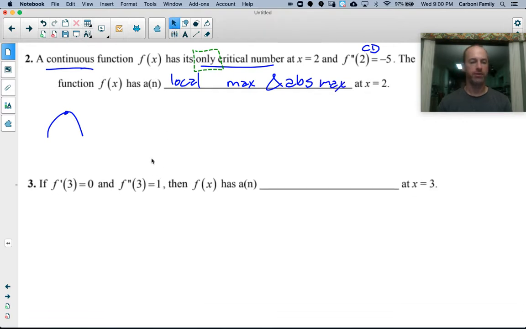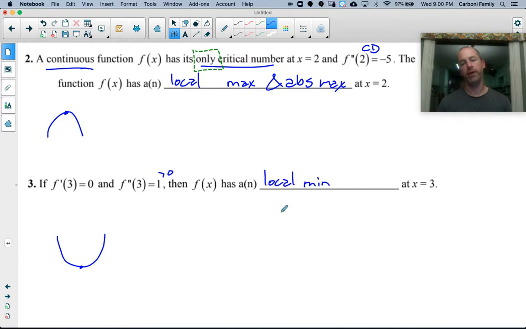Okay, so that brings us to number 3. F prime of 3 is 0. So at x equals 3, we have a slope of 0. The second derivative is 1. That is greater than 0, which means we are concave up. So we have a slope of 0 while we are concave up. So this is very similar to number 2. A slope of 0 while concave up. And so that would definitely create a local